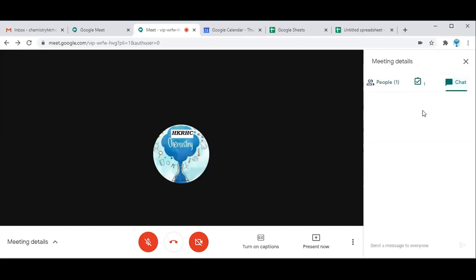So in this you can type your messages and you can share it with the participants in the meet, or for the students they can post their questions and teachers can answer through the chat box.